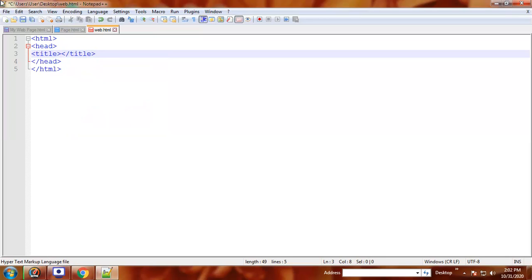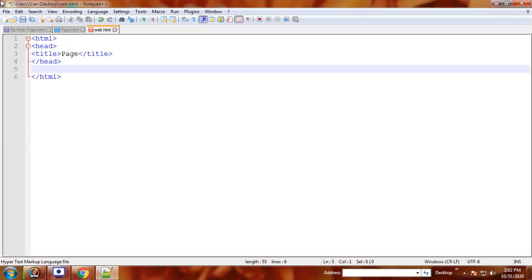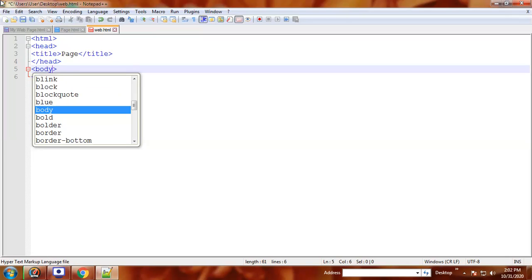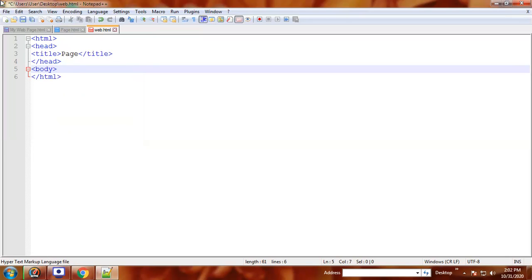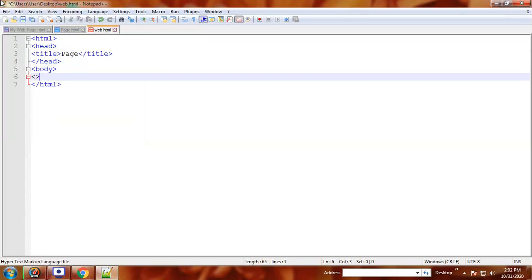Then give the title, like page, enter, body, end of body.